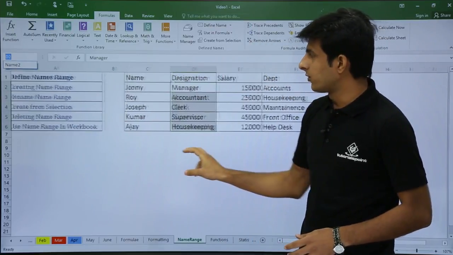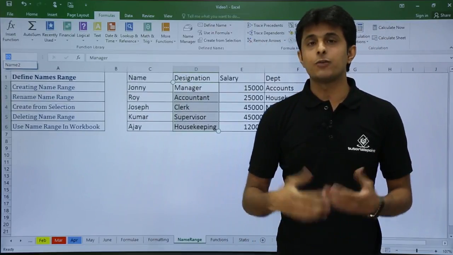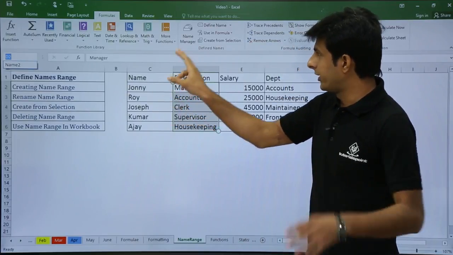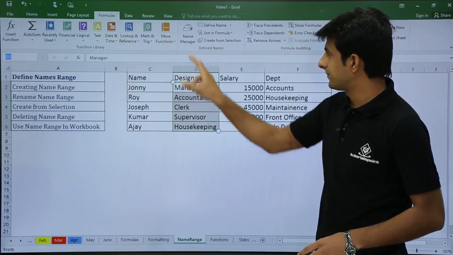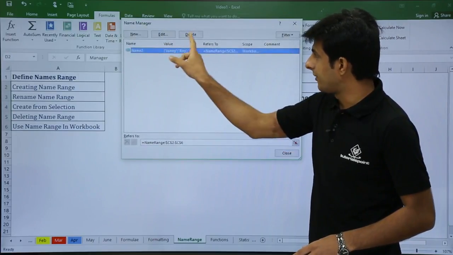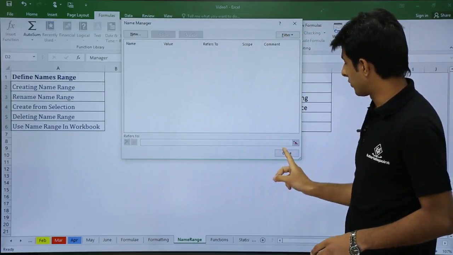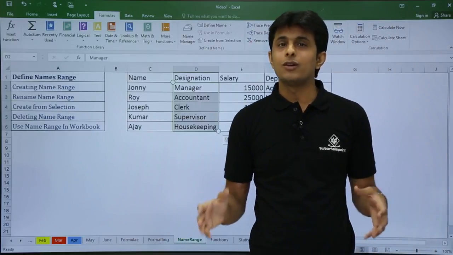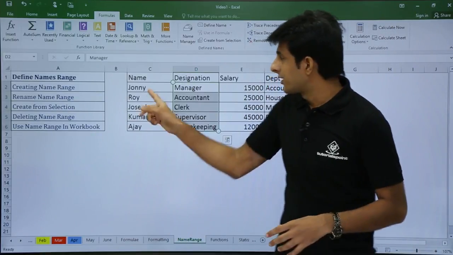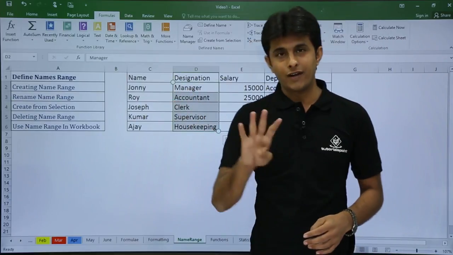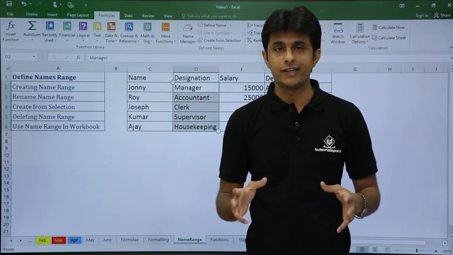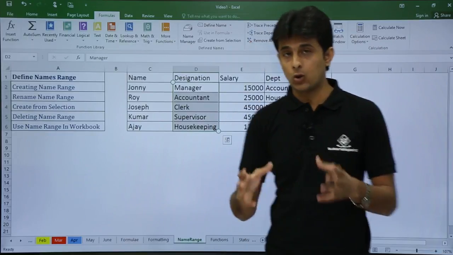Next is if you want to create name ranges for multiple columns. Now I have deleted the other one, I'll go and delete the next one in the name manager. I'll delete this name 2 and click on close. What if I have multiple columns? All the columns I want name range at one time. If there are 4 columns, by this method I have to go 4 times to create a name range. I'll give you a shortcut method to create name range for 4 columns. How do I do that?